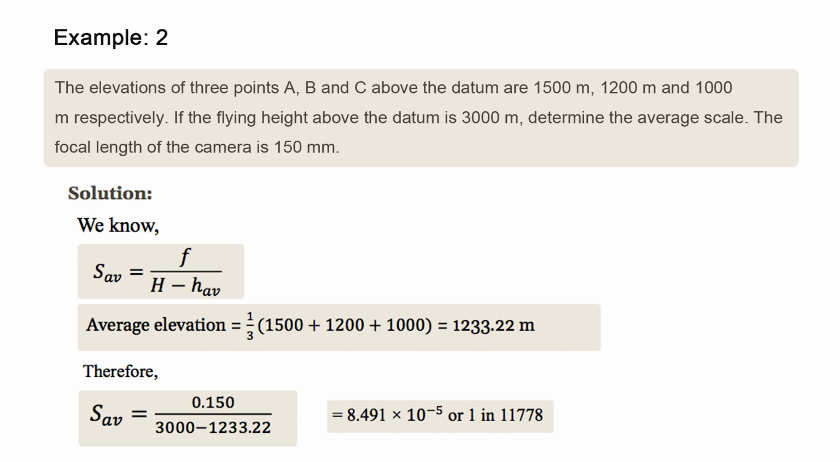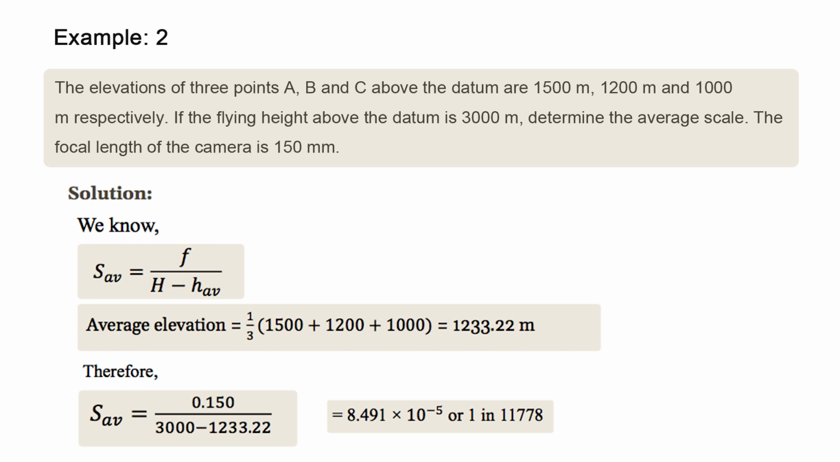S average is equal to small f by capital H minus small h average. Here small h is replaced by h average now. Hope you are noticing it. So, average elevation is equal to 1/3 of 1500 plus 1200 plus 1000, which is equal to 1233.22 meters. Therefore, S average is equal to 0.150 divided by 3000 minus